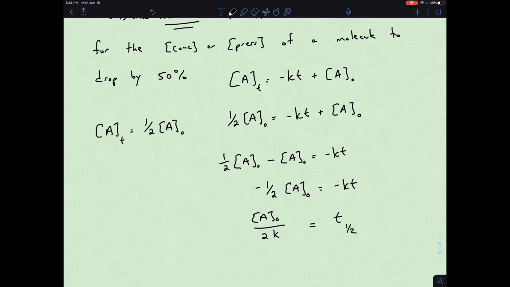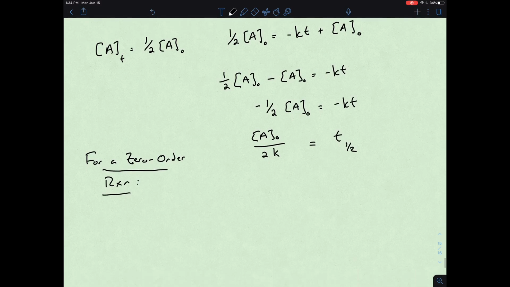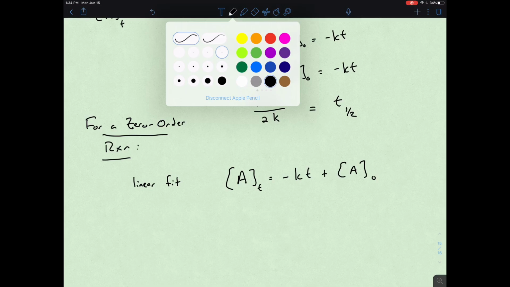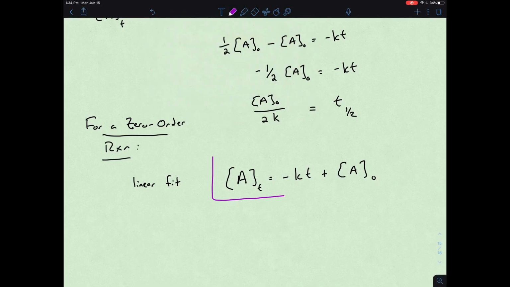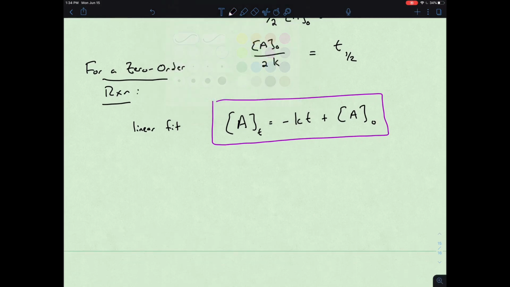And so we tend to put this t 1/2 to designate that fact. So for a zero order reaction, we have two rate expressions. We have the linear fit, so there's our one equation that we have, and we can plot that,